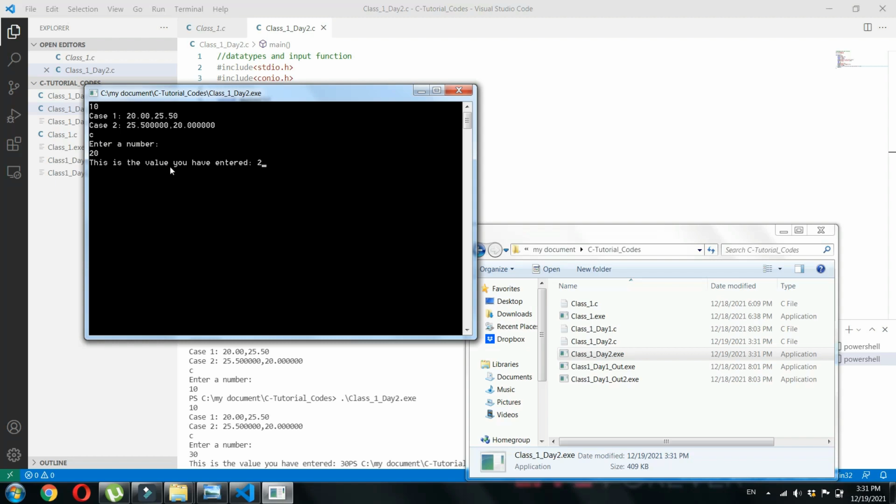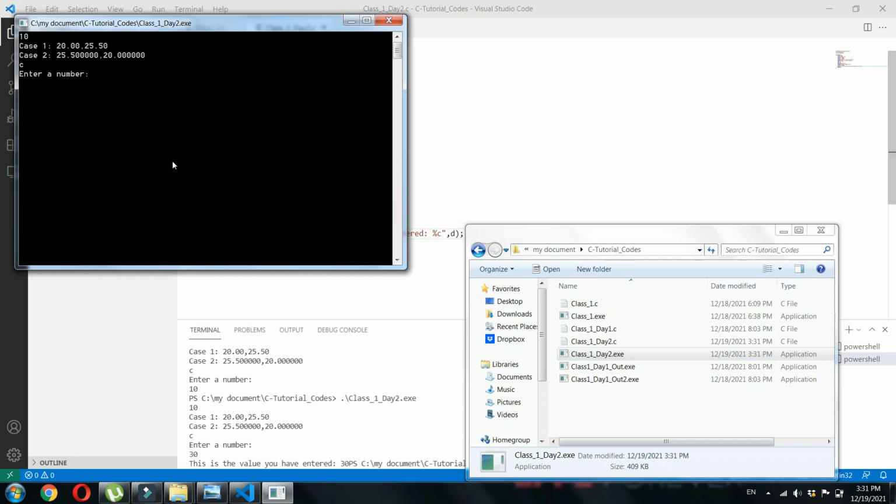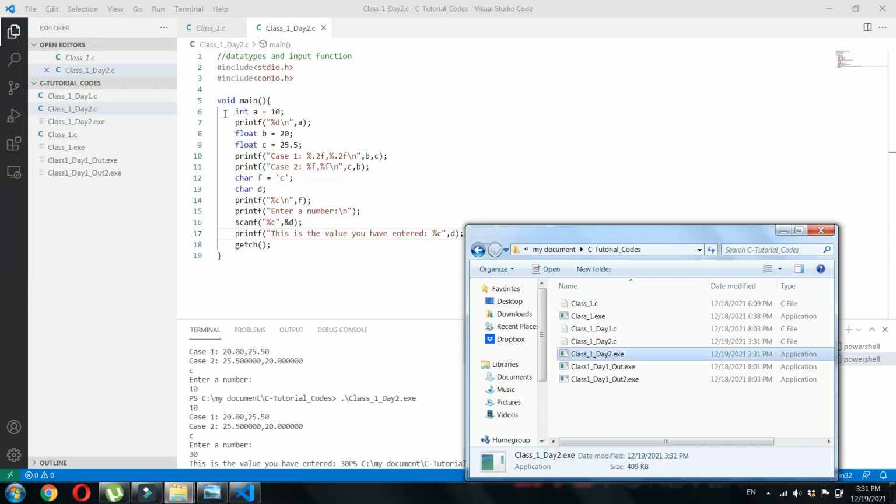I got only 2 because, as I said before, a character is used only to assign just one value. A character can be anything, A to Z, numbers, anything can be a character, but int is specifically numbers. So I am giving ASDF. I am getting only A. This is because a character would get only the first value or first character which is there.